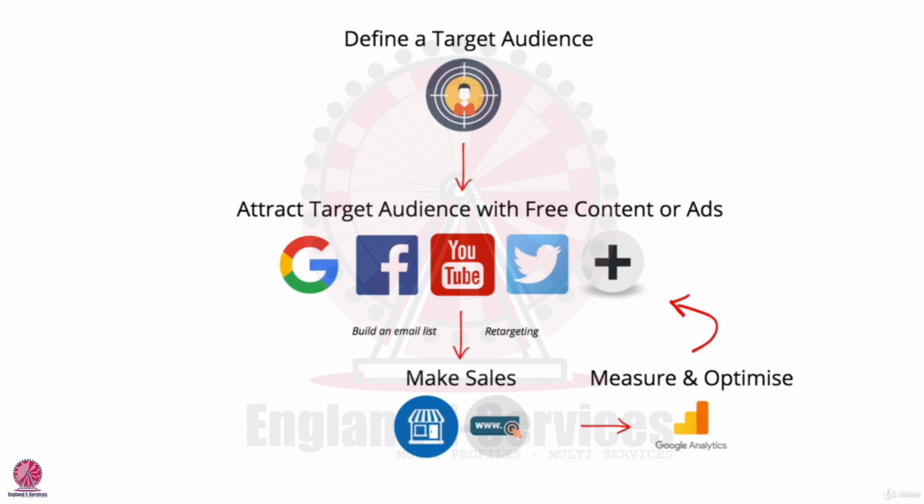So I hope that this was helpful in demystifying digital marketing. This has hopefully clarified things for you if you're an absolute beginner. We're going to be going into all of these steps, obviously, in a lot more detail in the course. But I do want you to keep this in mind. If you start to get overwhelmed and a bit confused, just come back to the high level view. It's actually very simple at a high level what we're trying to achieve and how to grow a business with digital marketing.